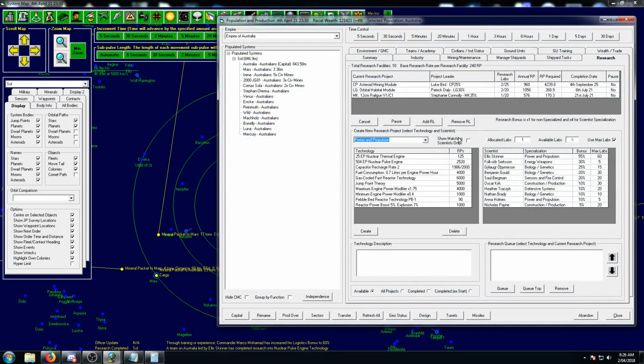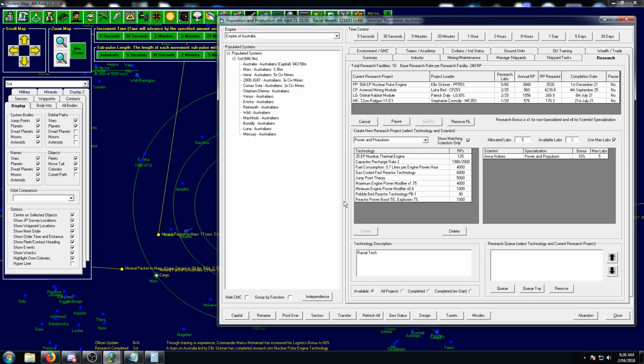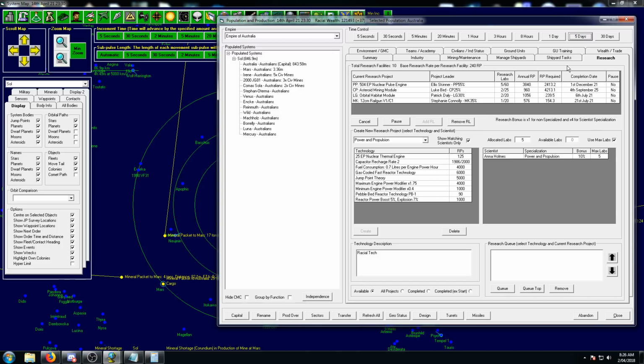Now, it is an expensive component to design and research. So we are going to take our power propulsion guy, Ellis Skinner, and get him to work on thoroughly developing our nuclear pulse engine. It's going to take him a little bit less than a year. I'm really, really hoping, because this episode is already at over an hour and it's getting ridiculous now, but I'm really hoping and wanting to get this done